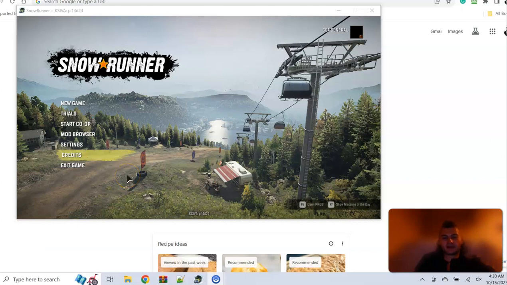Alright, so today I'm going to show you how to add weight, or in this case invisible weight, to a vehicle in SnowRunner through a mod. And if the mod itself, like say you download a mod and it doesn't have it as an option, this is how you manually add it to a mod and add weight to it. So what you're going to want to do,